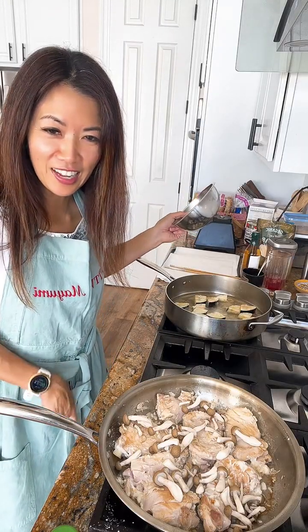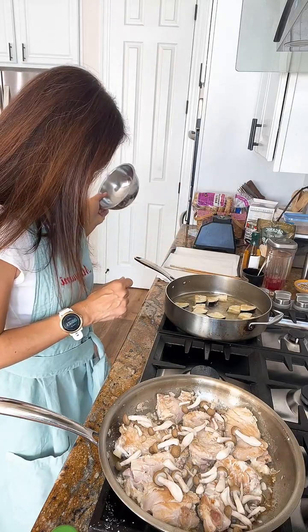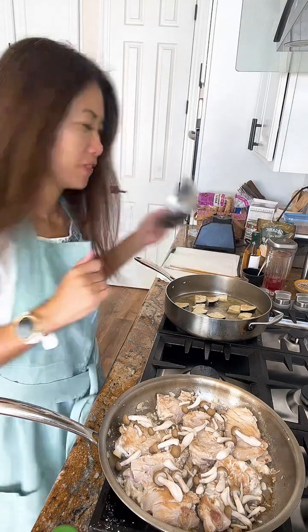My kitten is just right down there touching my leg. Oh my goodness, he's such a hungry boy. Okay, so